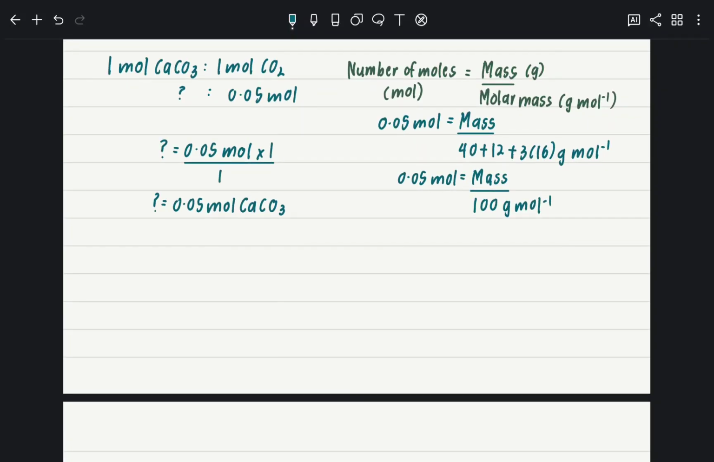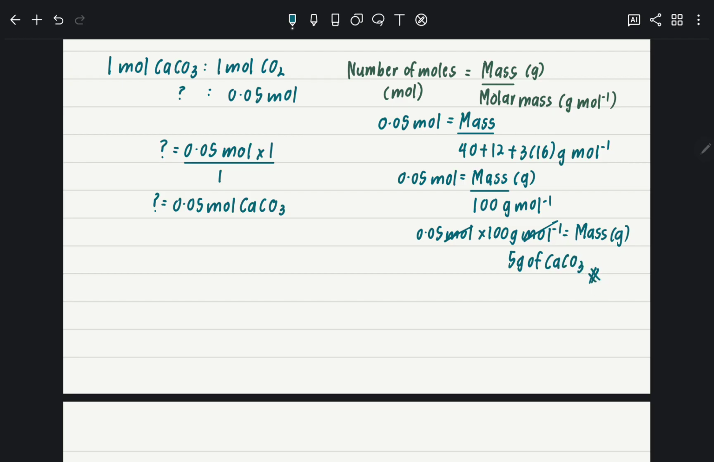Okay, then I get my mass, just change the position. So 0.05 mole times 100 gram mole negative 1 is equivalent to your mass in the unit of gram. Okay, then just press your calculator. Mole and mole you can cut. So 0.05 times 100, so you get 5 gram of